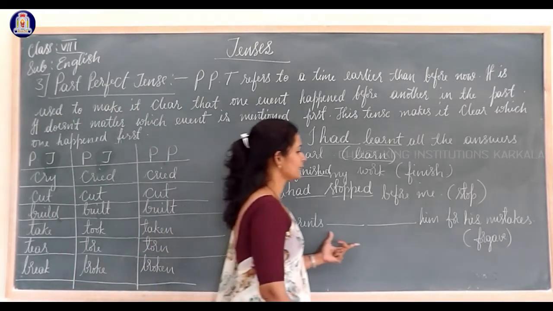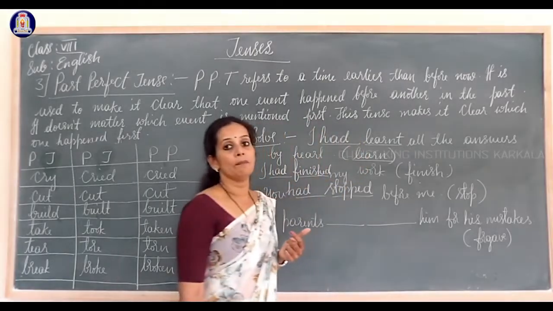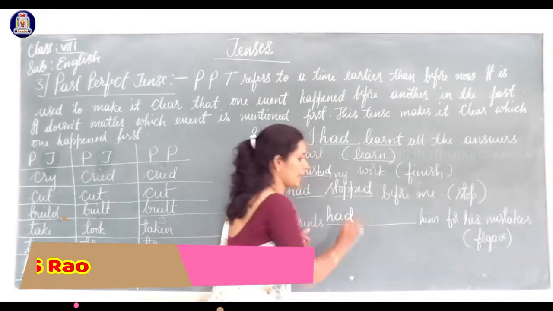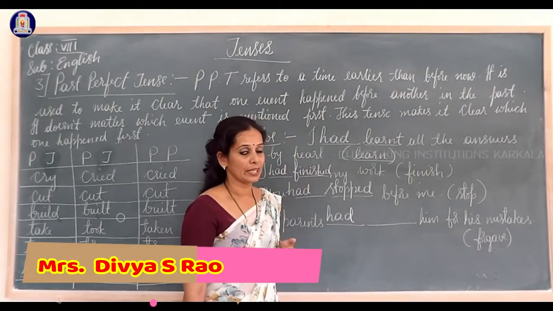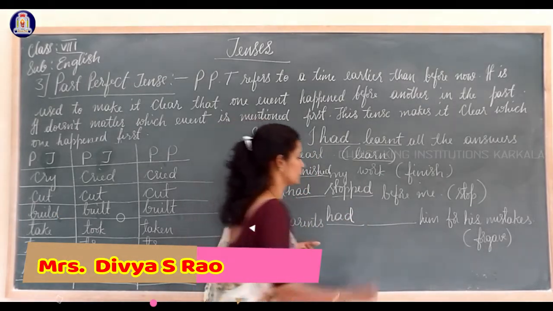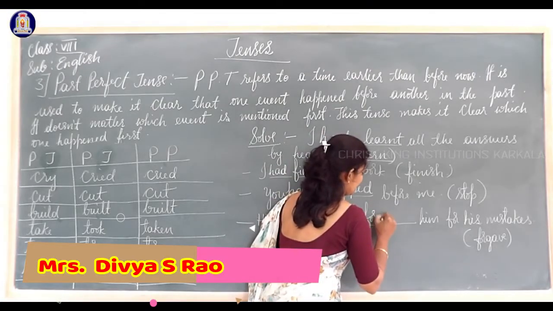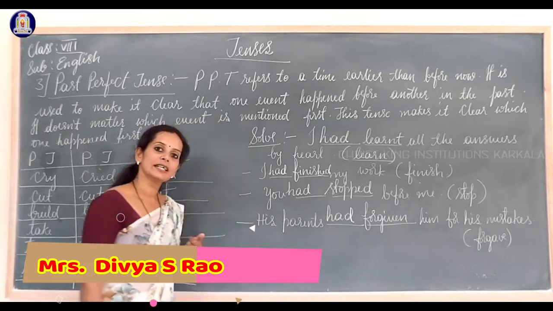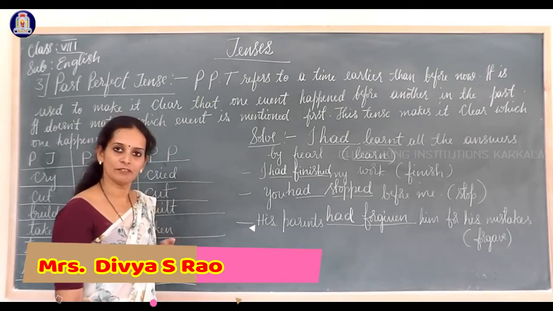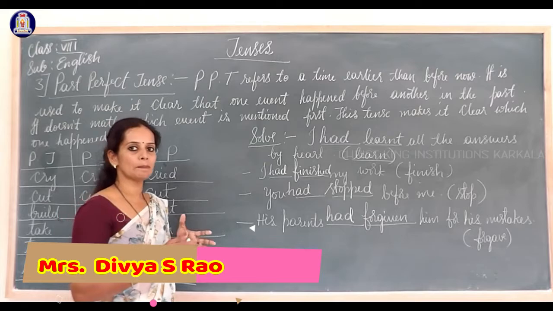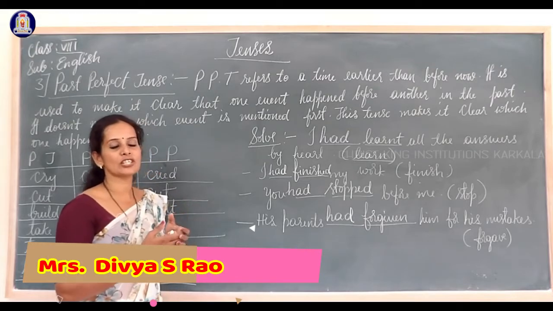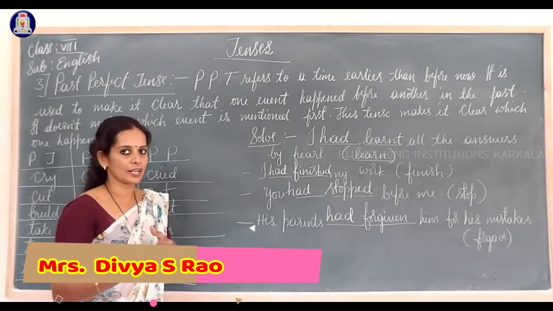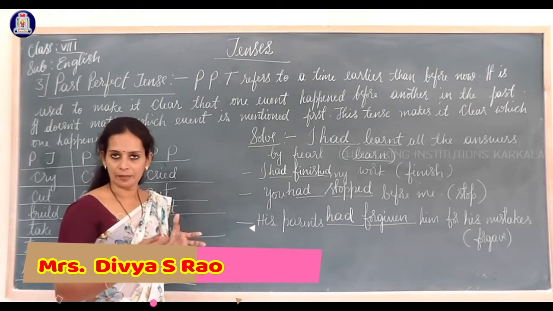Now, his parents dash him for his mistake. So, his parents had forgiven him. Here, under past tense, forgave. So here, the past participle is forgiven. Forgive, forgave, forgiven is the past participle of the verb. Clear? So the past participle shows us the completion of an action at one particular time before another action is going to begin. Clear?